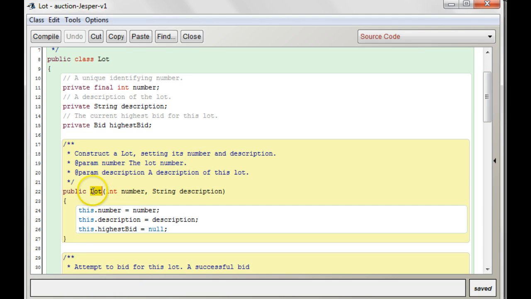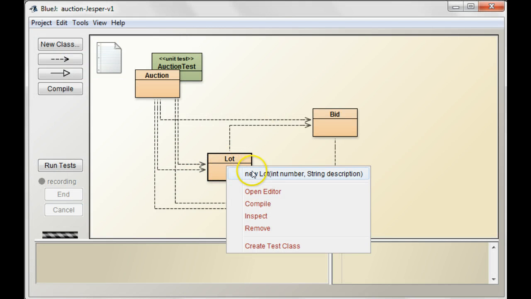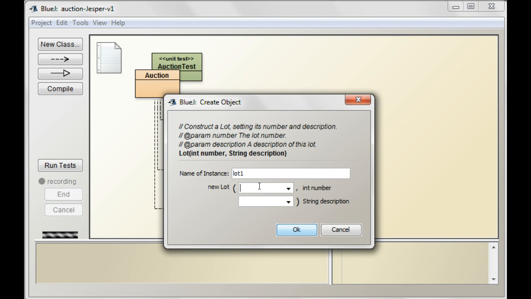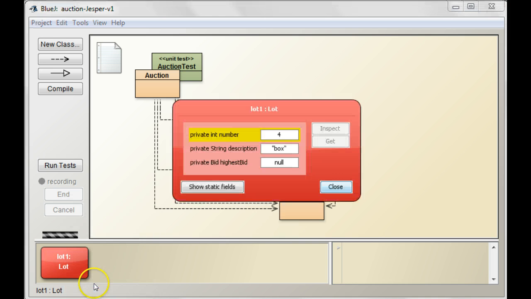See, here's the constructor for it. You give it a number, and it stores that number in this instance variable. Okay. So whenever you make a lot, you can just make one here. Let's see. If I say new lot, and just say for, let's say box. That lot has in it, if we do an inspect, a particular number. Okay, so the problem is, what happens is,